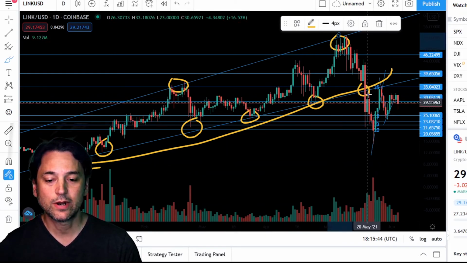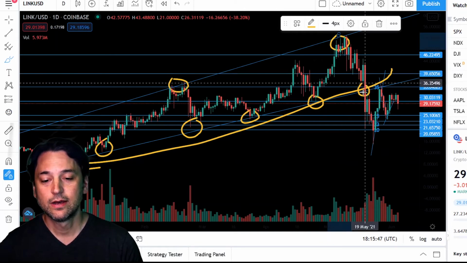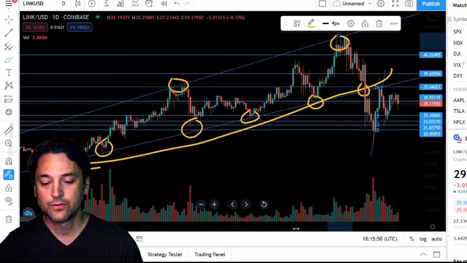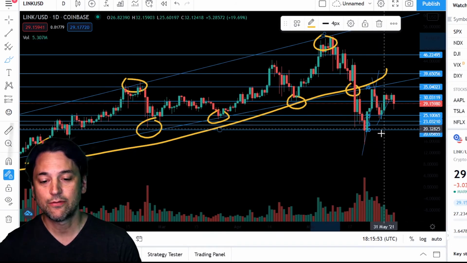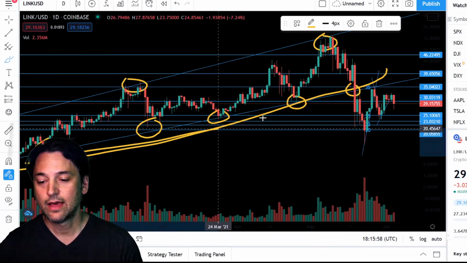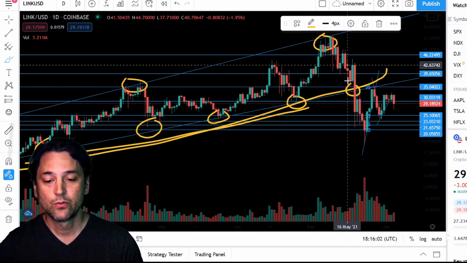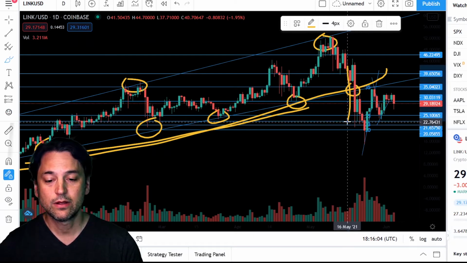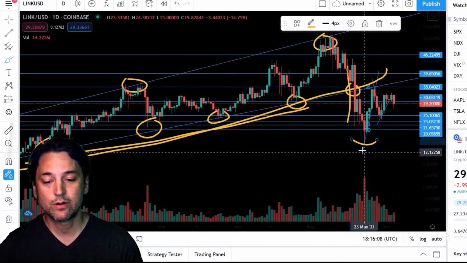But of course, what happened? Well, when Bitcoin tanked and all the markets went down, certainly Chainlink went down along with it. But what I find so interesting is that this line that we've been following so long, when it did break through real hard and then hit that bottom point right here,